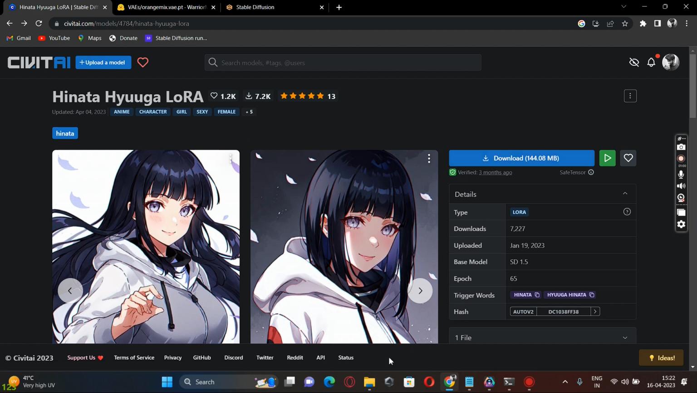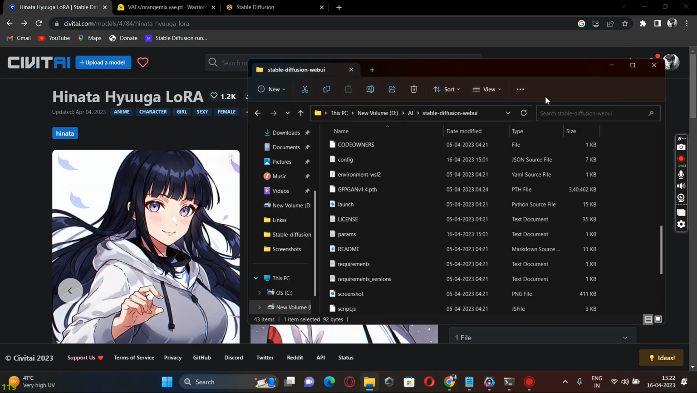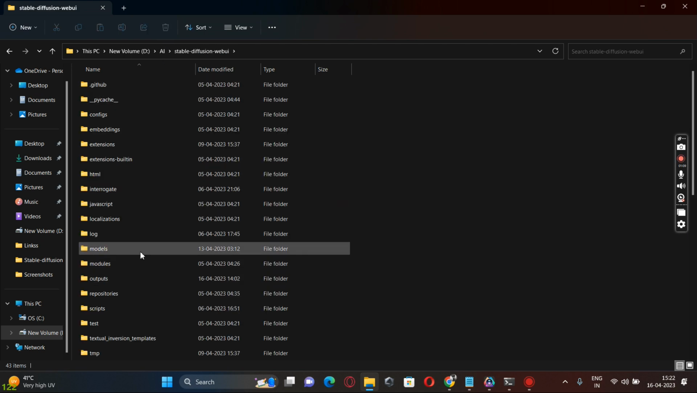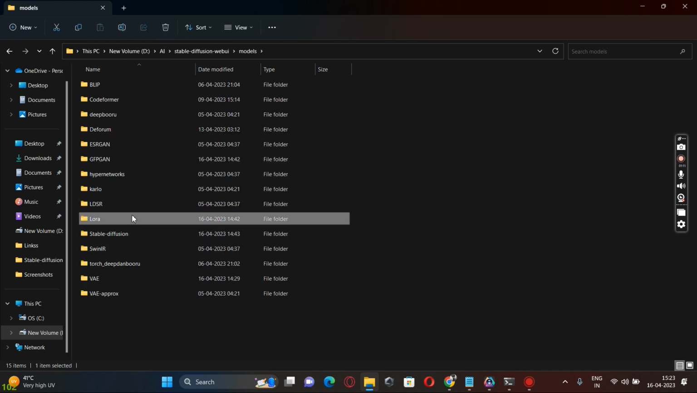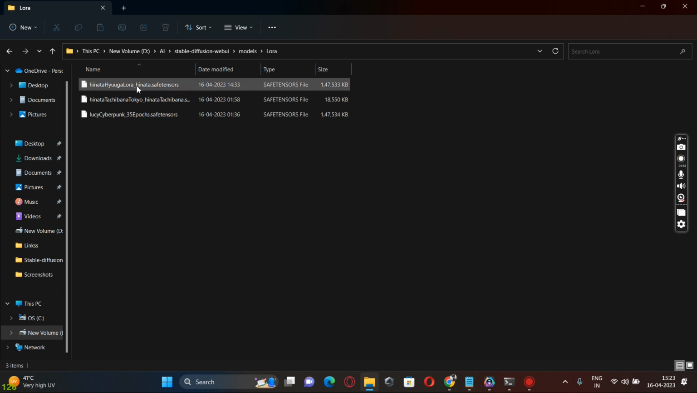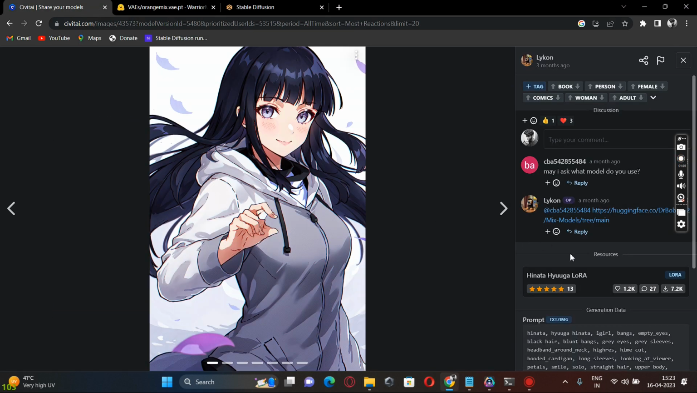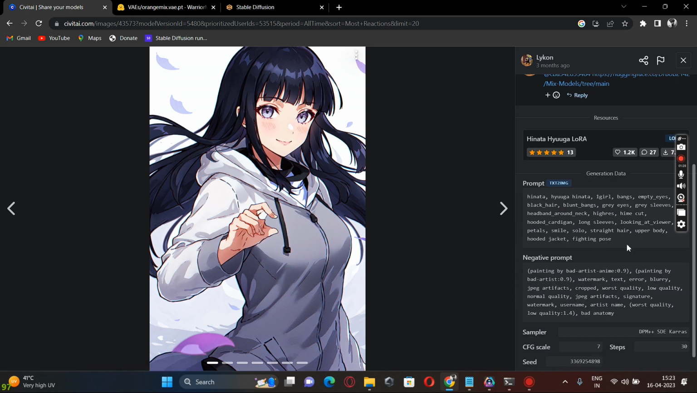After you download this, you have to paste this file into the Stable Diffusion models folder, and here, LoRA. You have to paste this file here. This is the file, the Hinata Hyuga LoRA safetensors. So you have to add this file here, and then click on any one of these images which is generated by the owner. So I'm copy pasting this